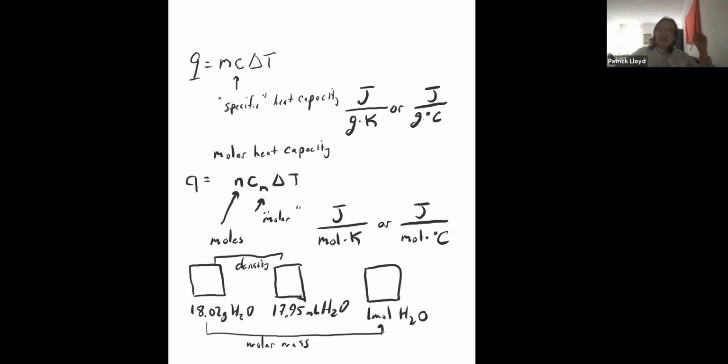And then if you're doing calculations and you want high precision, you might use the number of moles. So here, all we got to do is just have the number of moles of water or the number of moles of substance, whatever the substance happens to be, okay? So molar heat capacity, Q equals N times C sub M for molar times delta T. So coming back to that problem,